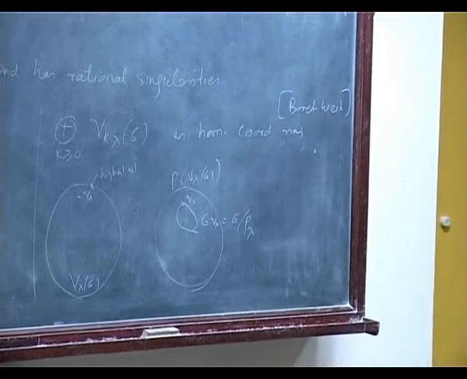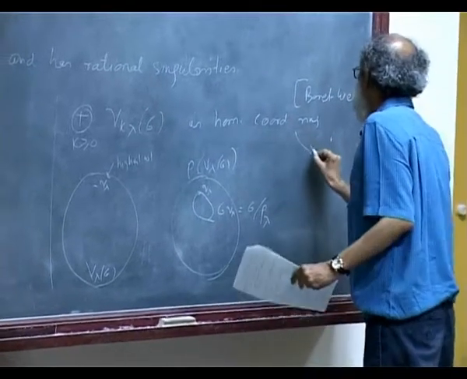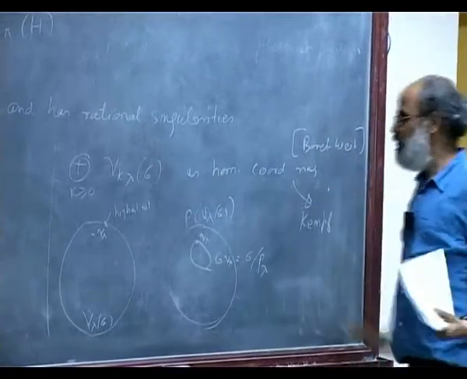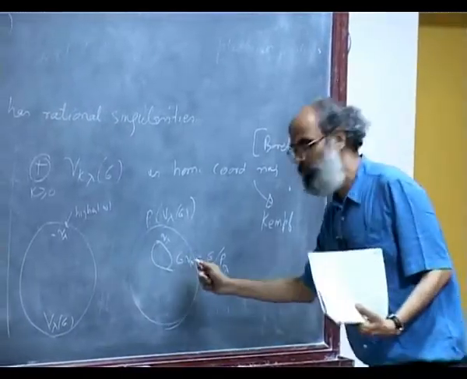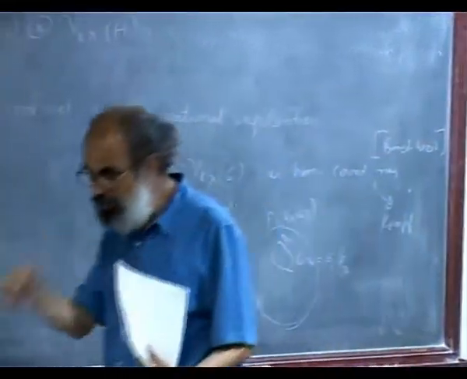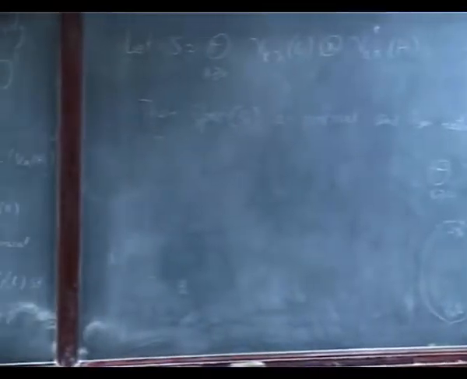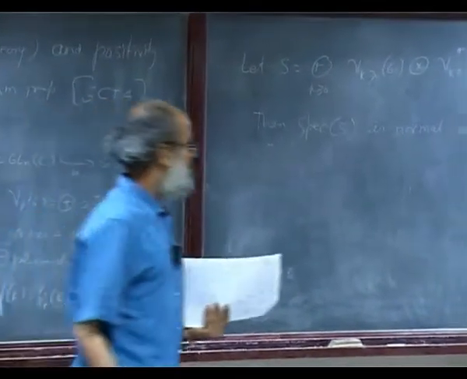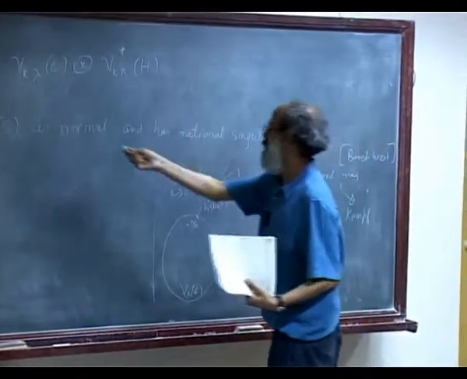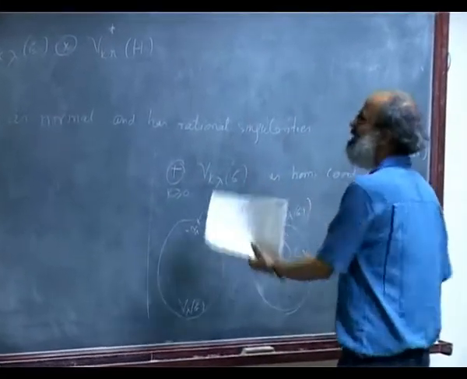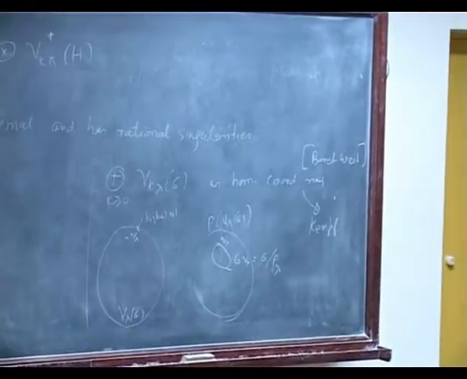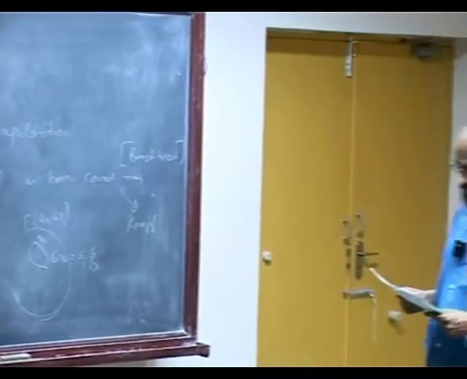And then there is a result of Kempf, which says that this variety, meaning if you take the cone of this projective variety, then the singularity at the origin of that cone is rational. That is Kempf's result. So the Spec of this is normal and has rational singularities, and this same proof can be generalized to this also in a similar way. So we know that this Spec is normal and has rational singularities.